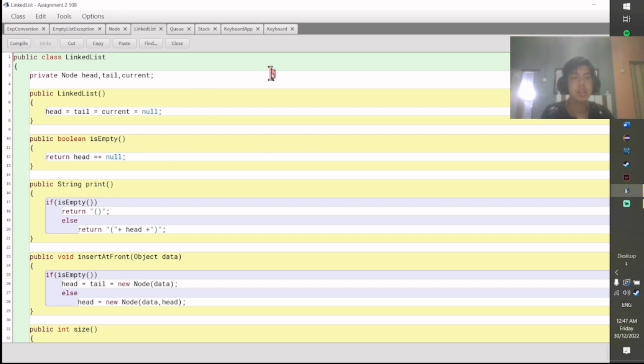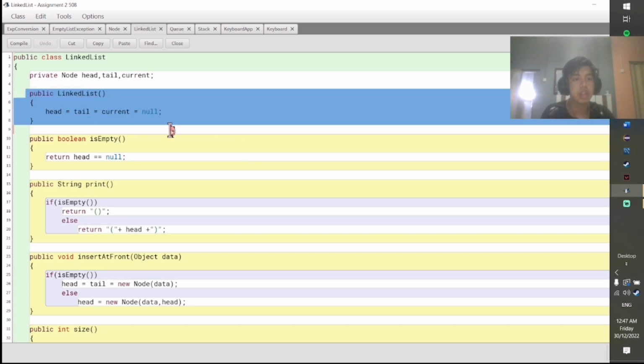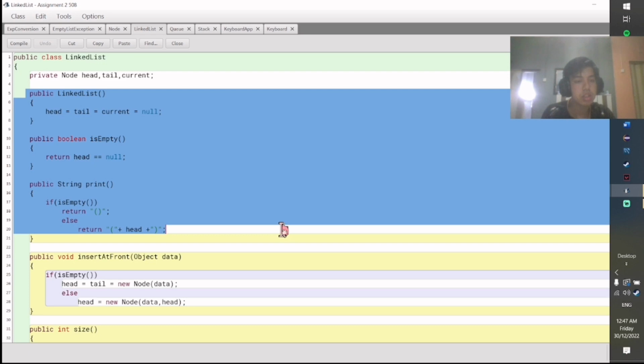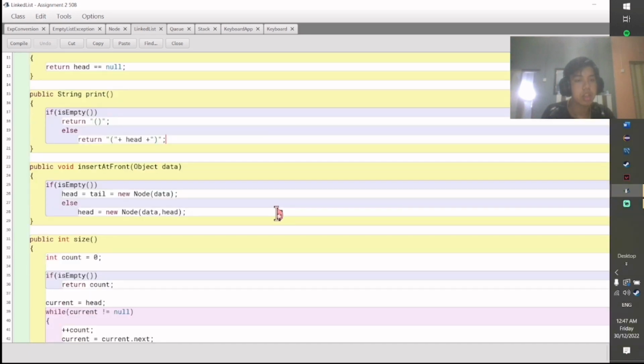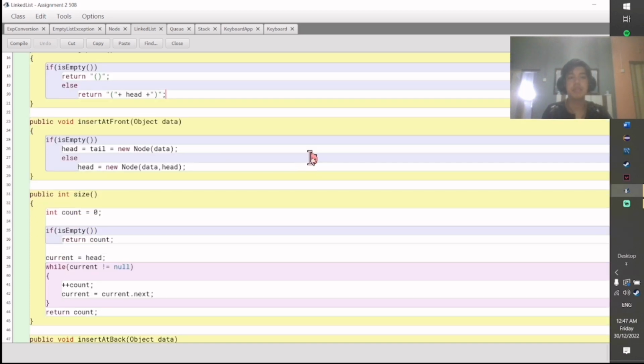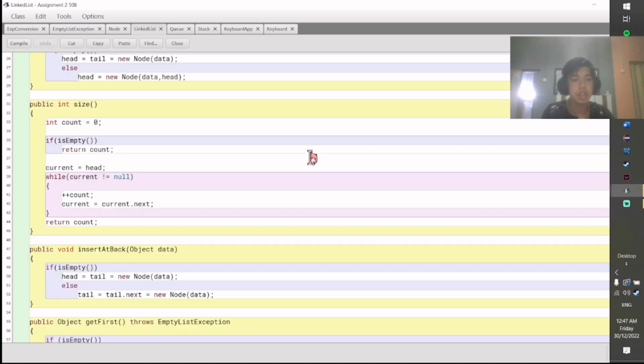Here we have declared the class of linked list with the attributes of node, which are head, tail and current. Here we have declared the constructor and all the booleans, and these are the methods that will be used in the linked list, such as insert at front, insert at back,